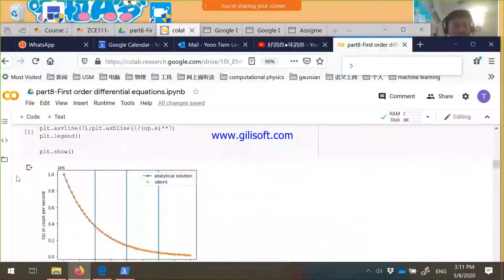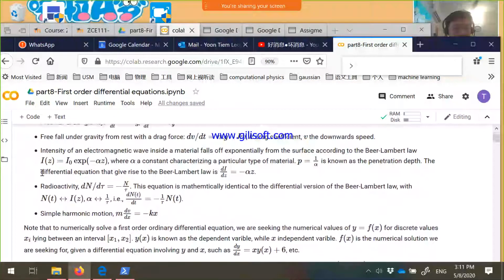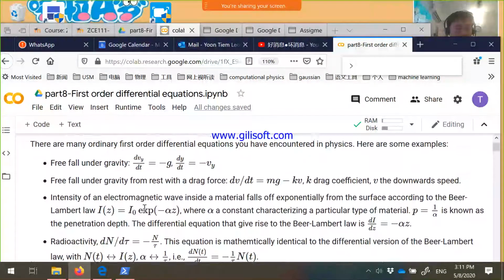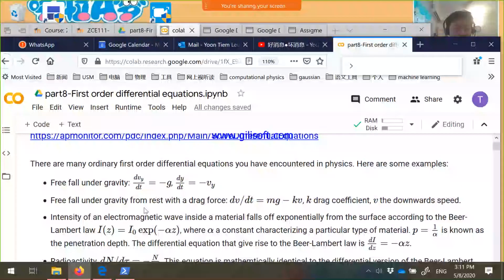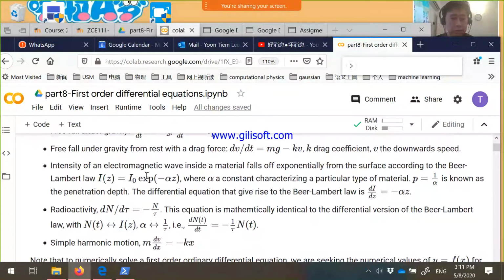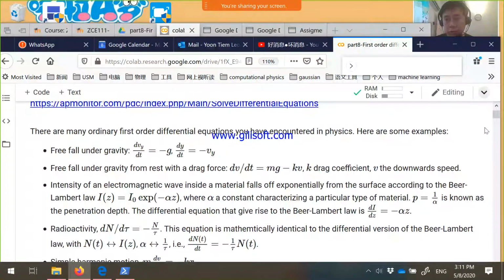To remind you what a first order differential equation is, please look at the screen. I'll try to make it larger so that you can see it better. On the screen, I try to explain that there are many differential equations in your physics class, and you have seen them on many occasions. The simplest differential equation you have seen is the first order differential equation for free fall under gravity. In your secondary school, you learned about